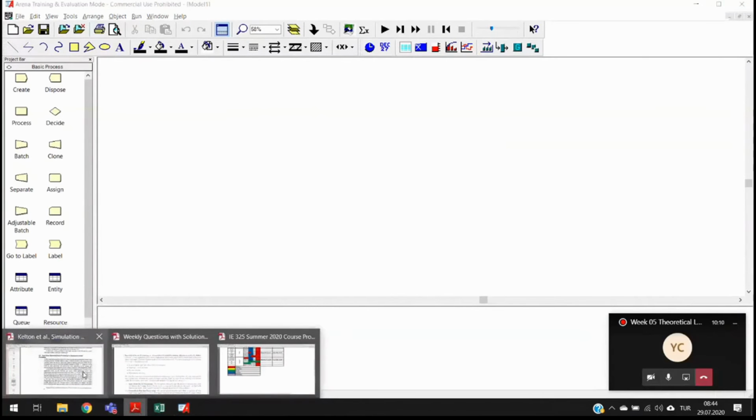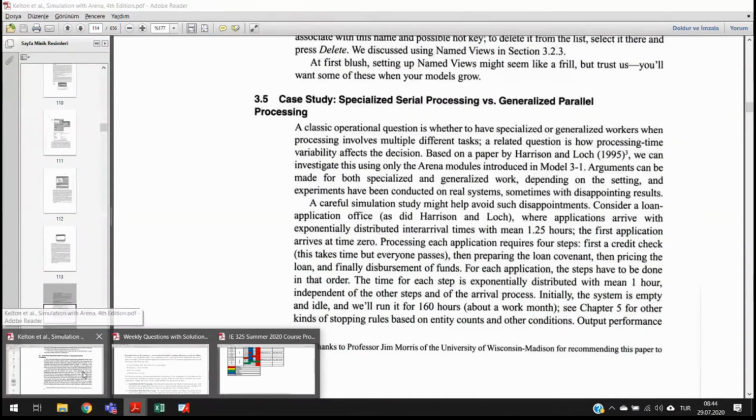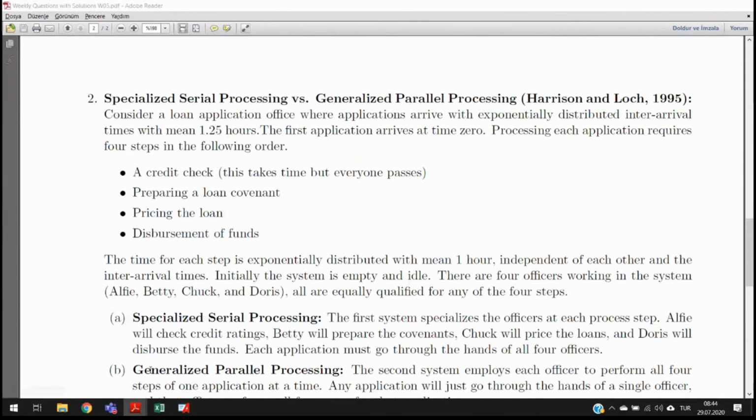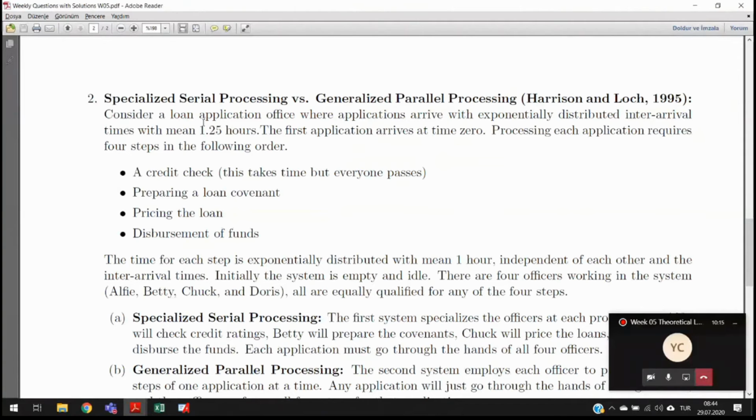So we have this question. Now, this is an issue that was discussed in 1995 by Harrison and Locke in their article. So what is the difference between specialized serial processing and generalized parallel processing? These are two options when you need to develop a sequence of tasks that are going to be required